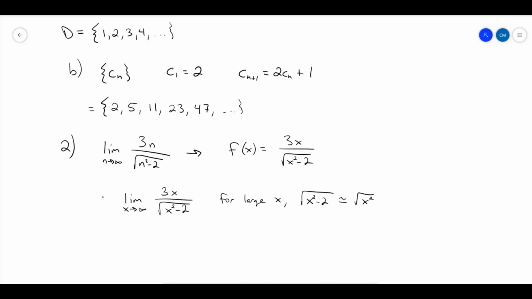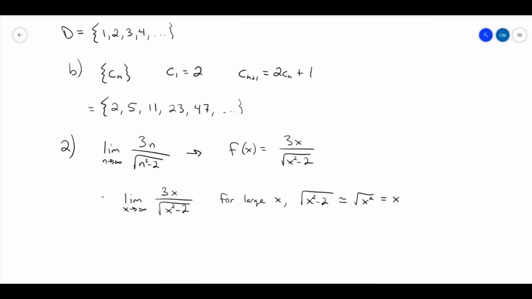Basically what that's saying is if you have large values of x, and we're talking very large because what are we doing? We're going to infinity, right? So hugely large, right? Billions, trillions, quadrillions, right? If you take a really big number and you square it and then you subtract 2 from it, well, that subtraction of 2 is really not going to do anything, right, in the long term. And so we can basically say that this function acts like the square root of x squared,